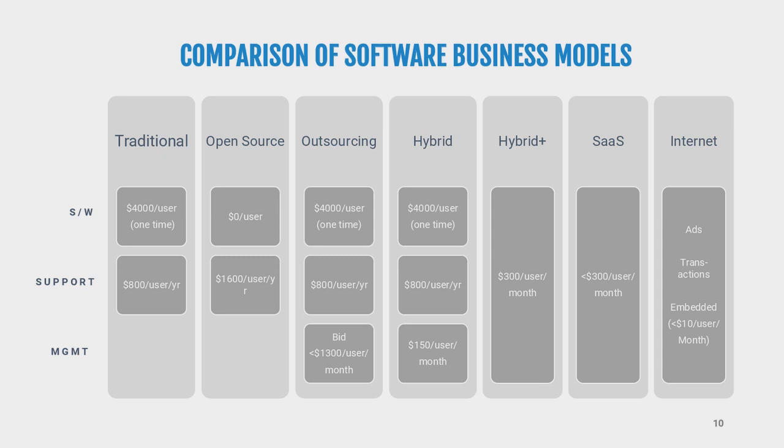But the IP that you select to protect your business will depend on which software business model you actually wind up going with, right? For example, if you go with the traditional model where you're actually delivering software to your customer, you probably want to get some sort of patent or copyright protection because the code or the software will be available and the customer will be able to touch it, see it, tweak it, and steal it, okay? So you want to probably have a form of IP where you can protect that a little bit better.